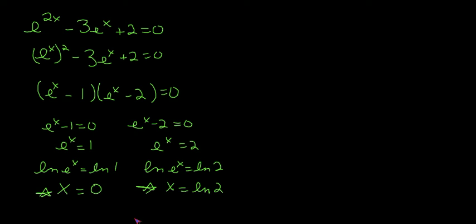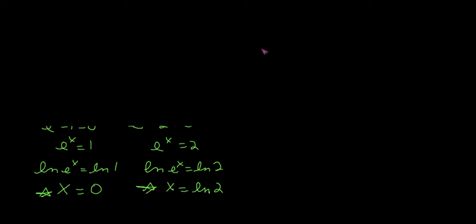Now, we're not always going to get lucky enough on this step where it's going to come out nice, so let me show you one other option that you may deal with on that line. Once we get to this step, we could end up going with an a value of 1, a b value of -3, and a c value of 2, and write the quadratic formula. And you could do that right away if you wanted to. Now in this one it just happens that the e to the x is our middle term. So instead of saying x equals, we would actually go with e to the x equals